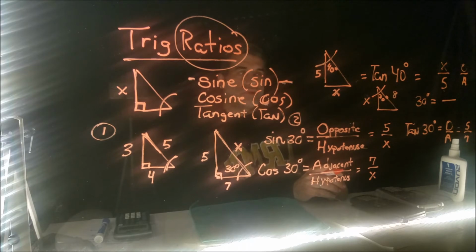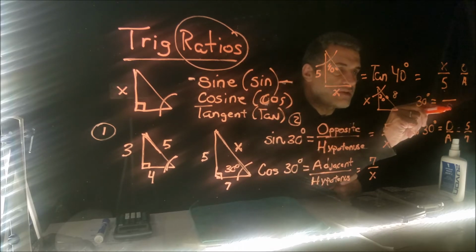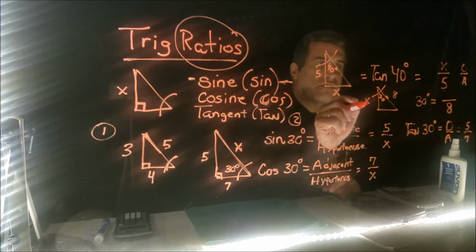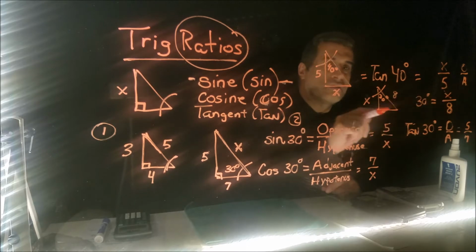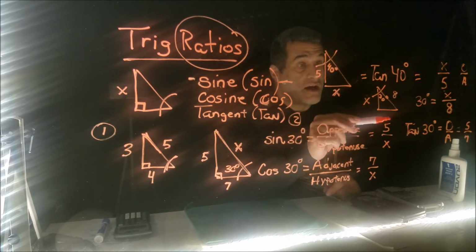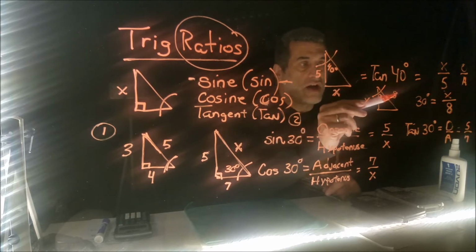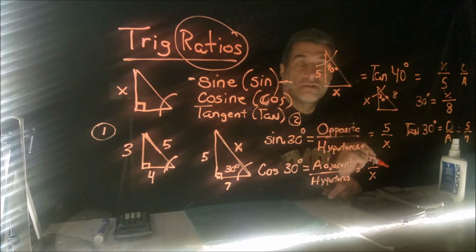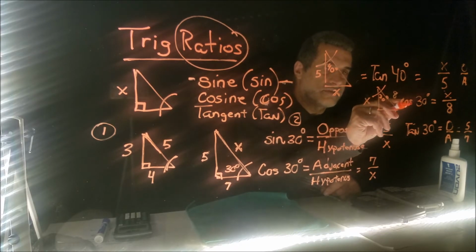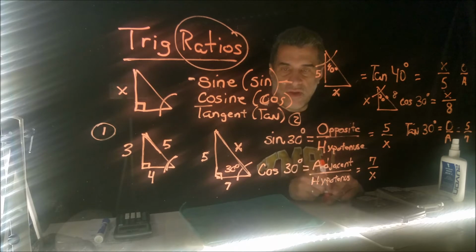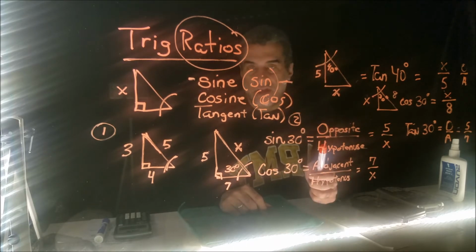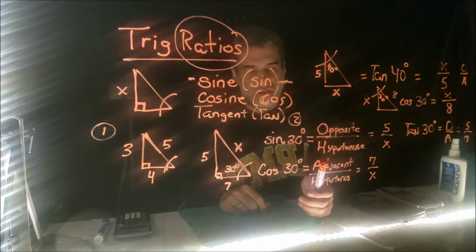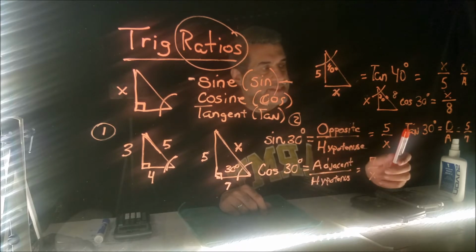What would we use for this? Well, we have the hypotenuse, that's 8, and we're trying to find X. This is not opposite, but it's adjacent over hypotenuse. So what should we use here? Right, cosine. So remember, sine is opposite over the hypotenuse, cosine is adjacent over the hypotenuse, and tan is